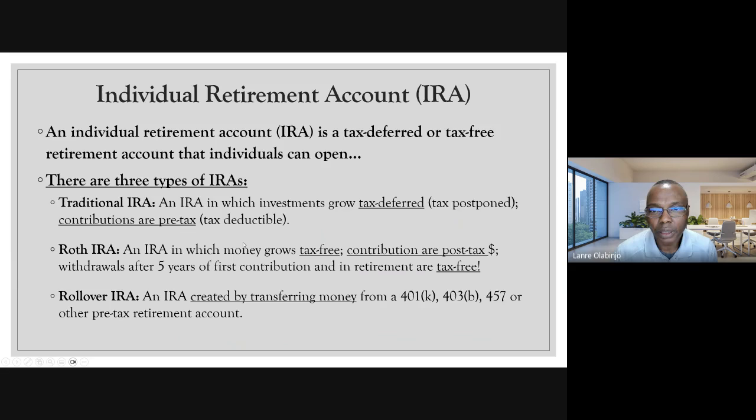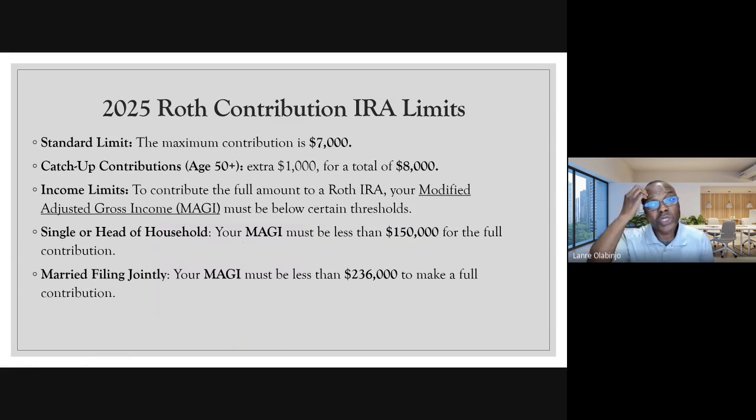All right. Usually this money is pre-tax, and the government wants you to pay your tax so that everybody doesn't put money in and there's no tax to the government. There are limits to it, right? The standard contribution to a Roth IRA is $7,000. If you're above age 50, you can make it 8,000, an extra 1,000. But also, if your income is over 150,000, or 236,000 for a couple, then you are not allowed to